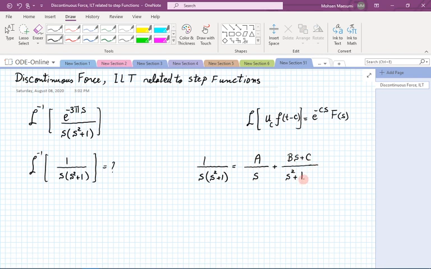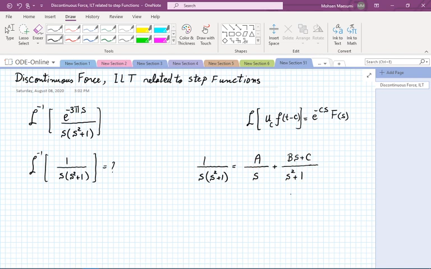So the next stage of this game is to figure out what A, B, and C are, and once we have that, we have our partial fraction decomposition. Sometimes you have to go one more layer and take this fraction and separate it into two pieces, one for sine and one for cosine, and then you're done. Typically,